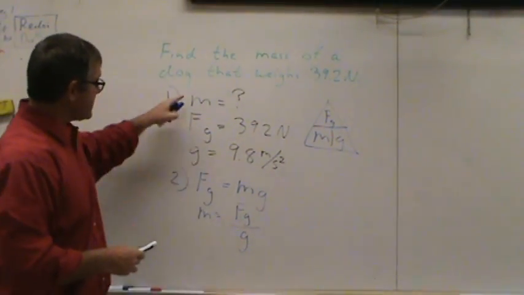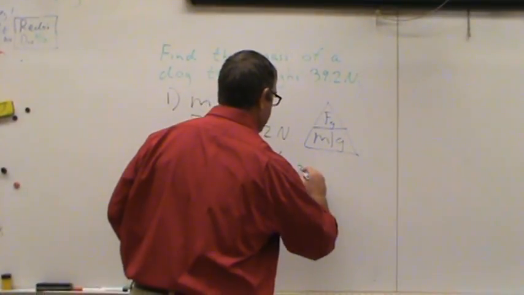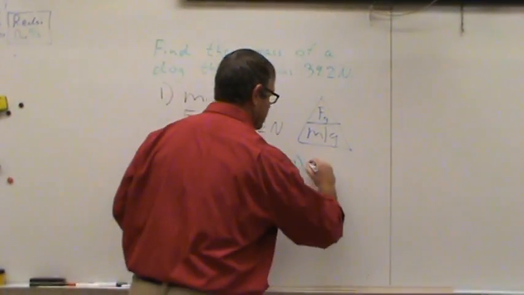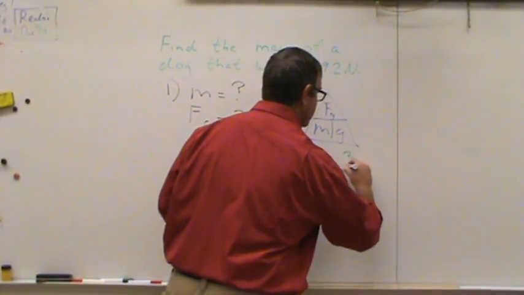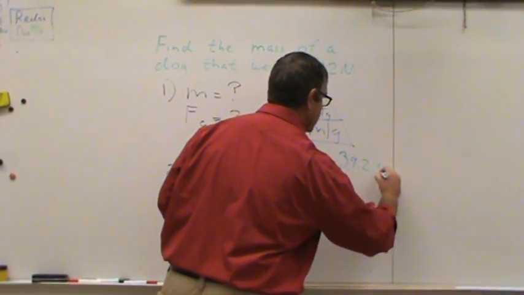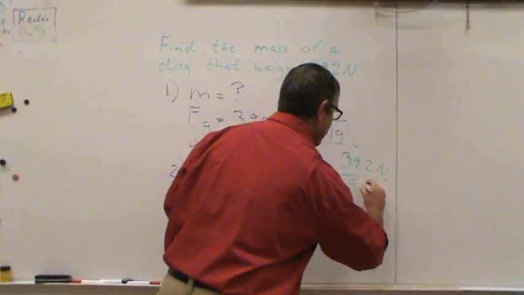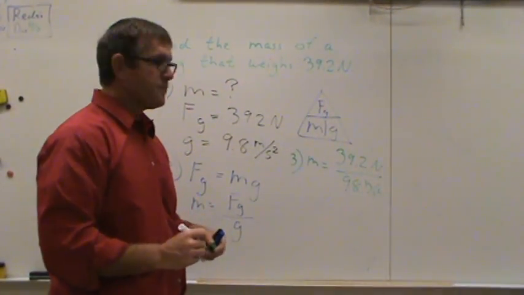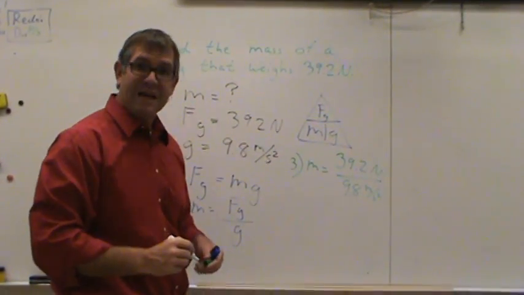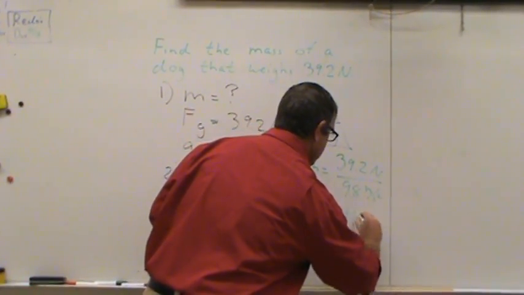Now that we're looking for the same variable, both 1 and 2, we can solve for 3. Mass equals the force of gravity, which is 39.2 newtons, divided by gravity, which is 9.8 meters per second squared. And 39.2 divided by 9.8 is 4